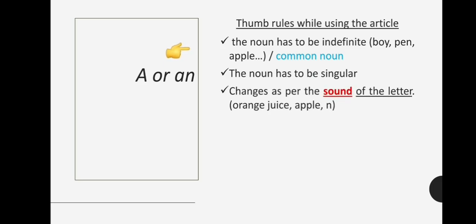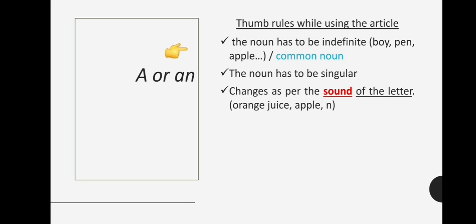Let us see now. The next rule is that it changes as per the sound of the letter. Generally we put a, but there are some tricks where we have to be sure of putting an and not a. Now, when we talk about the sound: orange juice, apple, and N. When you pronounce orange juice, you start with saying O. When you say apple, you start with saying A. When you say N, the letter, you again start with the sound e.